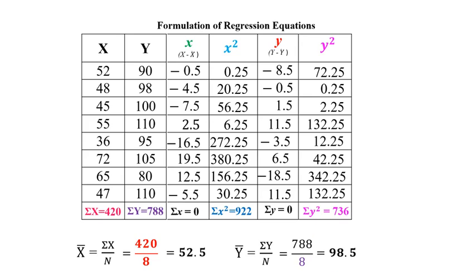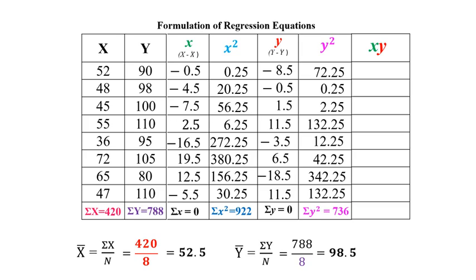Add these values to find out summation of y square. It will be 736. Next, find out small x into small y. Minus 0.5 into minus 8.5, it will be plus 4.25. Minus 4.5 into minus 0.5, it will be plus 2.25. Minus 7.5 into plus 1.5, it will be minus 11.25. Plus 2.5 into plus 11.5,